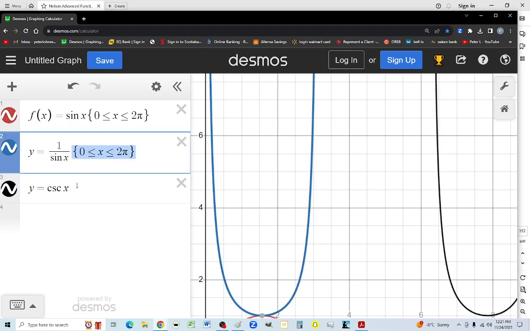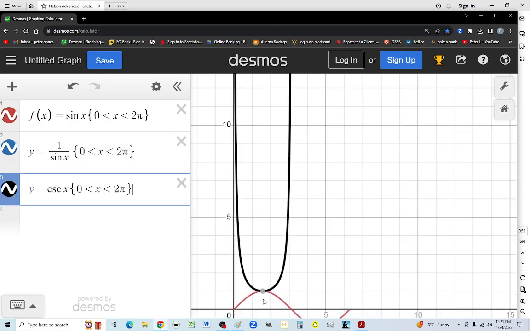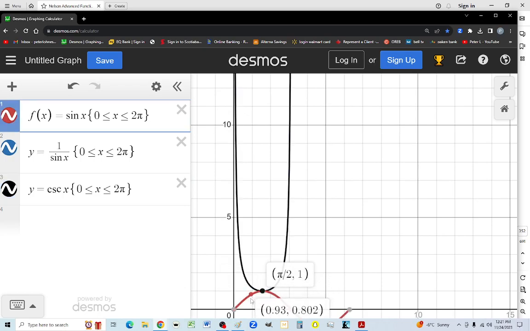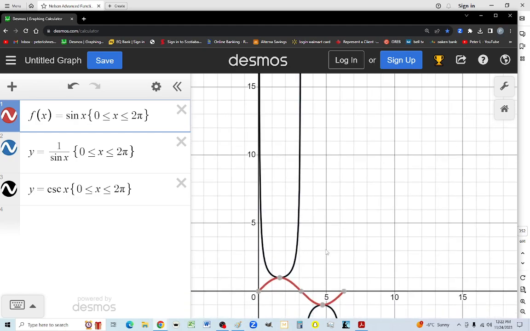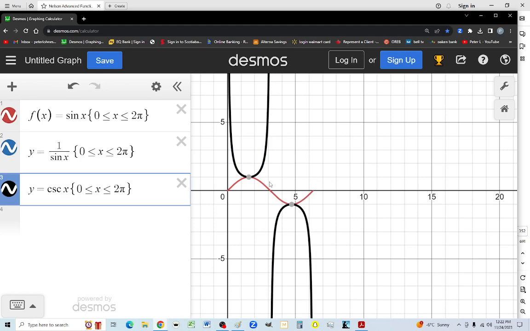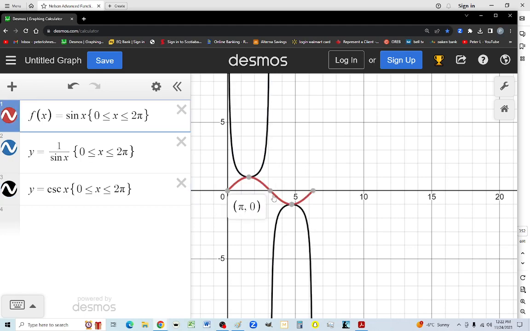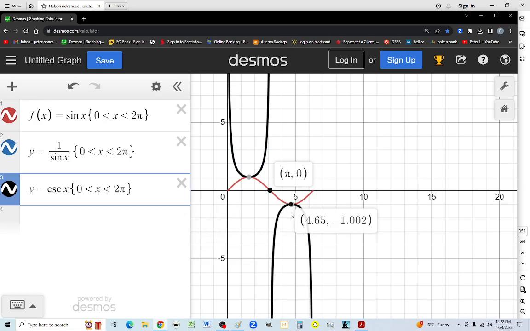Let me just put this over. It's the same thing. Notice that the one value they share is that y is equal to 1. That's because 1 over 1, when you take this 1 and you divide it by 1, will still be 1. So this is the only value they share. And as the y values become less than 1 here, we get huge values of y for this one. The x values are shared. And over here it goes down because these are negative numbers, so 1 over a negative value over here will produce an incredibly large negative value. And of course, as your sine curve approaches 1, the cosecant curve approaches 1, and they both meet at 1